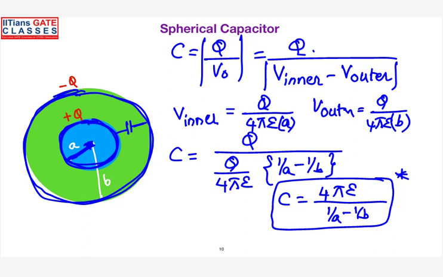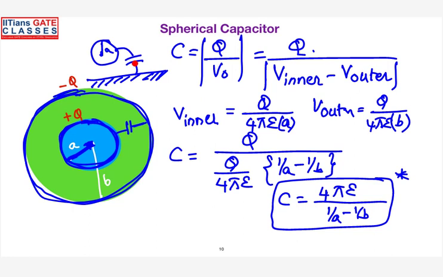I have a small question here. Suppose we have only one inner conductor having a radius of A. Will there be any capacitance here for an isolated sphere? Suppose there exists only one conductor, will there be any capacitance in any manner? No, sir. There will be some capacitance always with respect to ground. You would have studied this in your analog circuits also. That is basically called the parasitic capacitance, right? It is not an actual real capacitance, but a virtual parasitic capacitance.